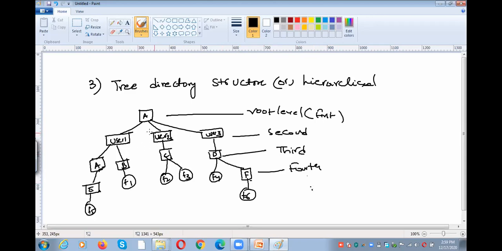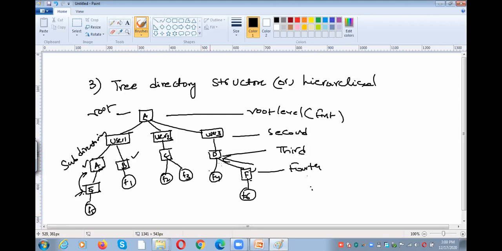So here, this is called a root directory. And then all the users have their own directories under the root directory. This is the user 1 directory. Under the user directory, A and B are the subdirectories. Again, A has E. That means E is a subdirectory of A. Again, here F is a subdirectory under D. Like that, the directories can have subdirectories.